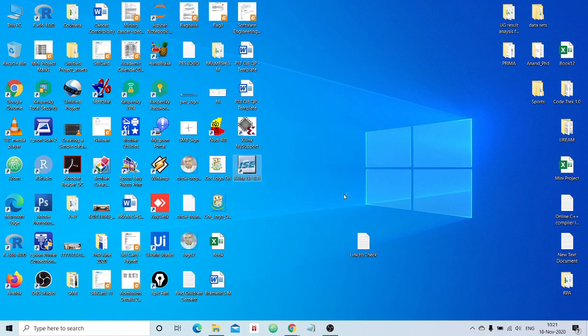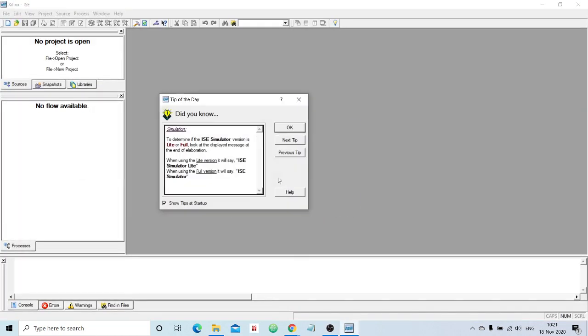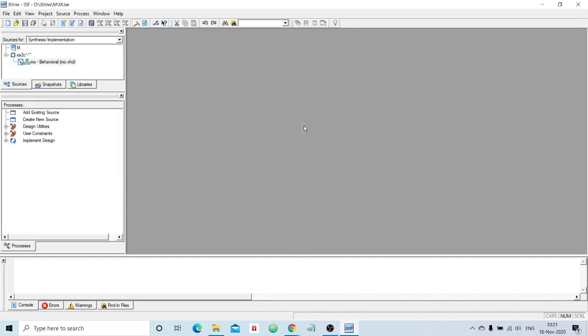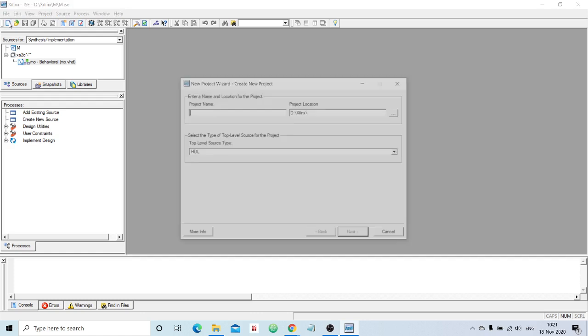Okay, I have already mentioned in the previous class to launch the design suite. Just double click on the shortcut. You will get a tip, and you can make use of this tip. Then, as I said in the previous class video itself, every experiment has to be implemented by defining a new project. Go to file, new project.